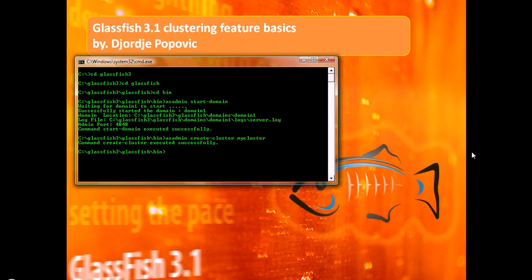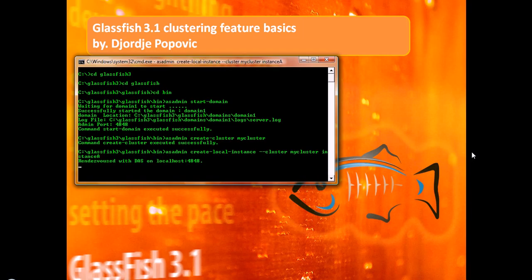Once the cluster is created, you will need to create instances inside that cluster. For that, again, use asadmin create-local-instance, mention the name of the cluster, so --cluster myCluster, and the name of the instance. Let's name it instanceA,